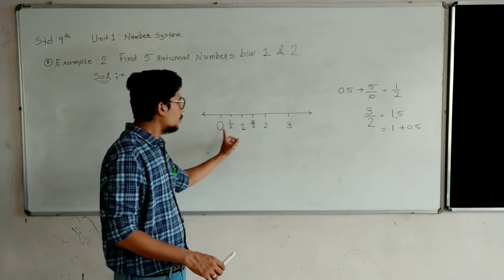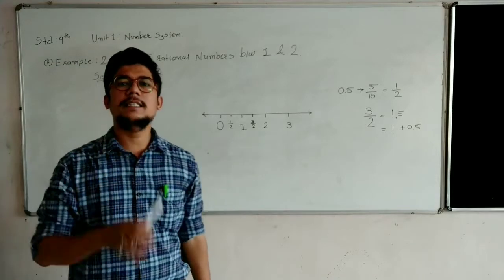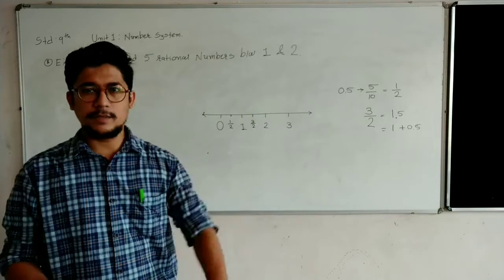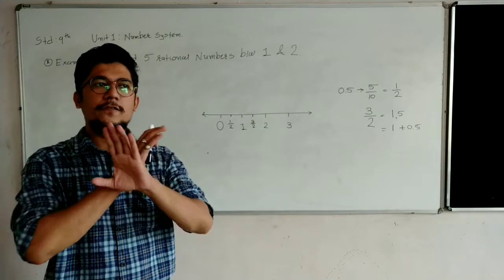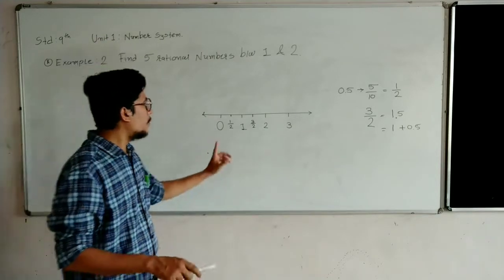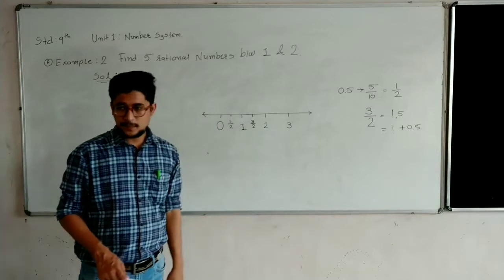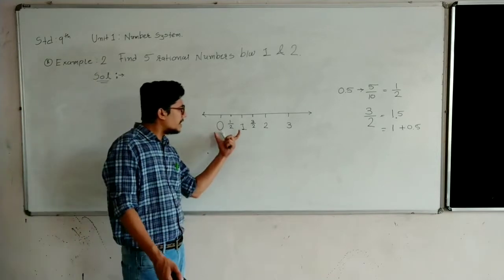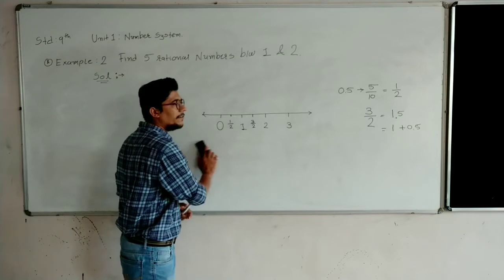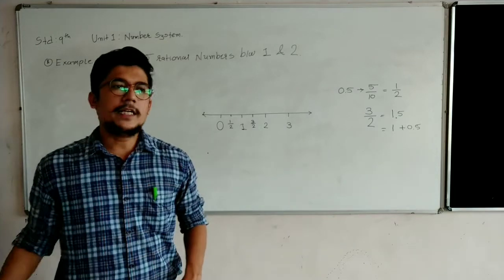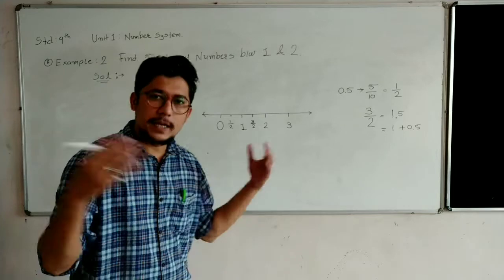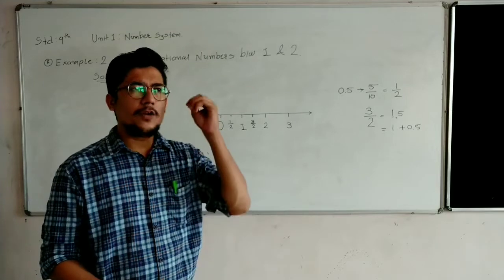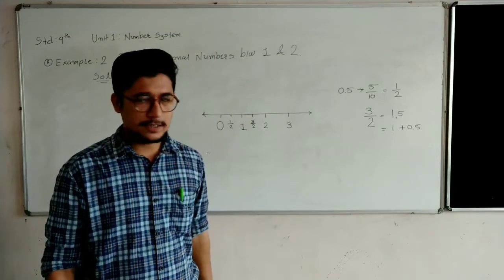Now again we will ask ourselves, how many rational numbers can we place between two whole numbers? Suppose 0 to 1, how many possibilities are there? We do have this many rational numbers. So I will say there are infinite cases where we can put rational numbers between 0 and 1. Again you will ask how it is possible to put numerous numbers in this much space. When we are talking about a number line, that number line is so big, so long, we can put any number between these two.